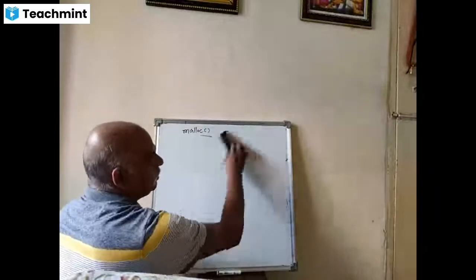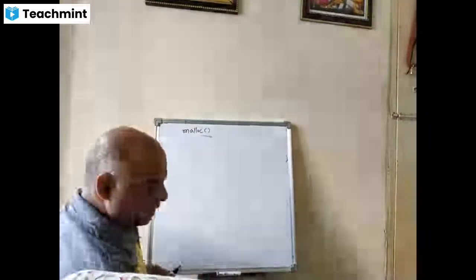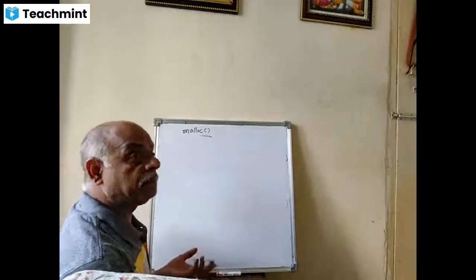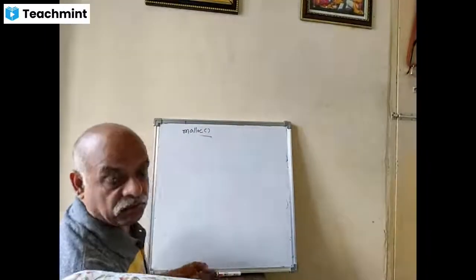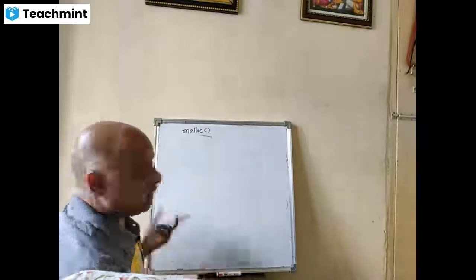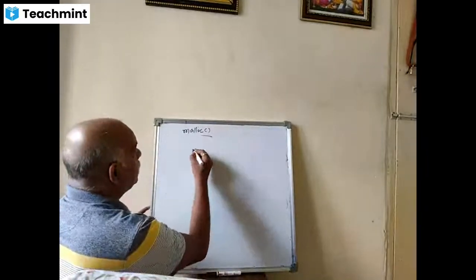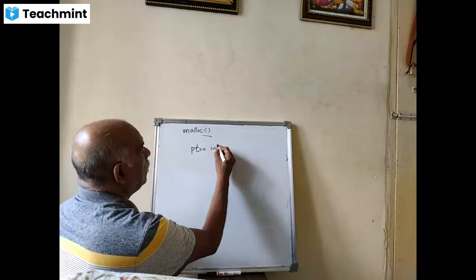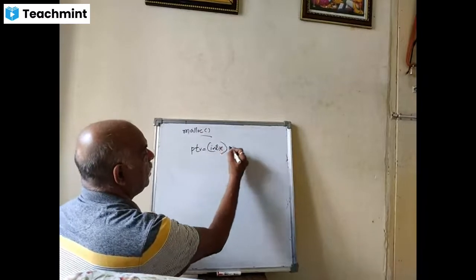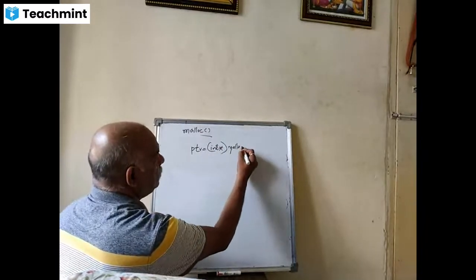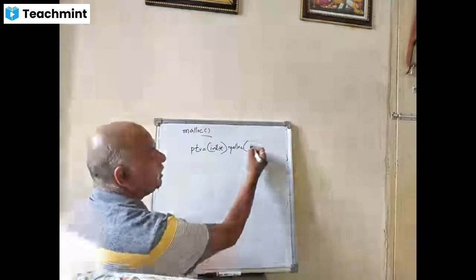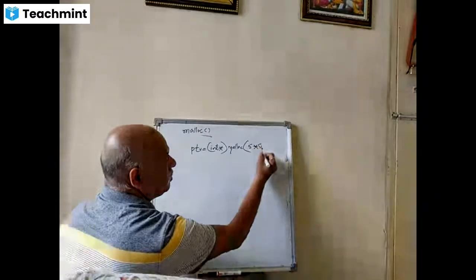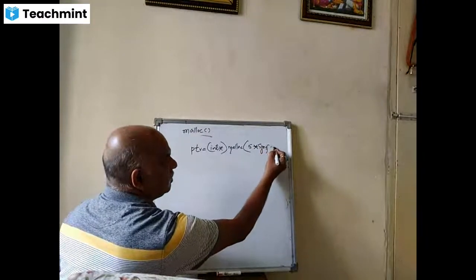You can write like this. Suppose the size of the integer, you see, depends on the compiler also. For some 32-bit compilers, it is 2 bytes. For 64-bit, it is 4 bytes, like that. Then what happens is, PTR is equal to int star malloc. For example, I write like this: 5 into size of int.